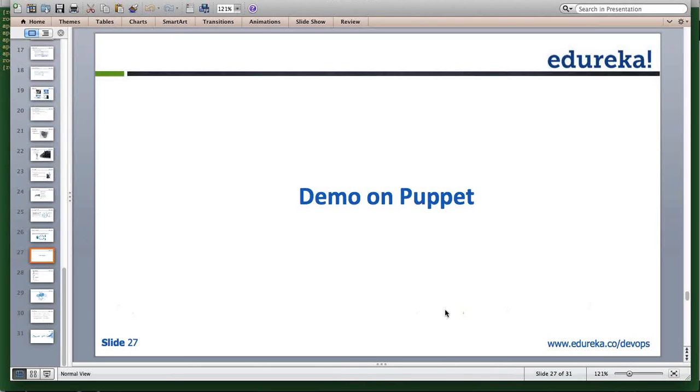There's a question: can you install using push from master? I do not know whether it can be achieved, but my guess is it can be. Typically, you may have a situation where from master you want to push to all your clients. But what I have seen is that the client pulls the configuration from the master, because what happens if you have, say, 5,000 clients and you try to push from master? It will try to push to all 5,000 clients,